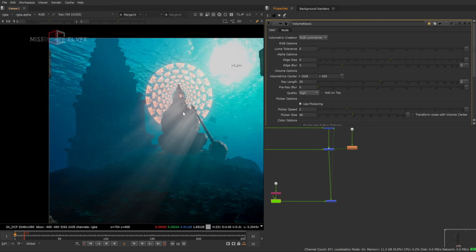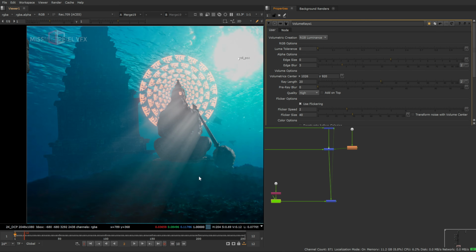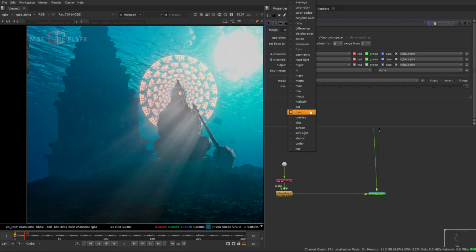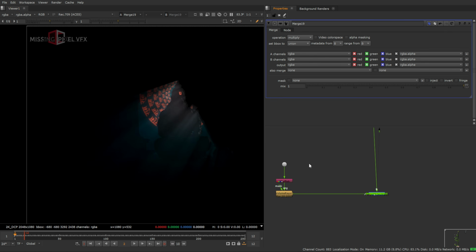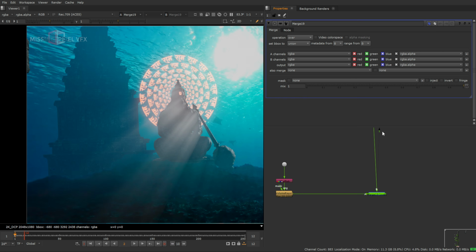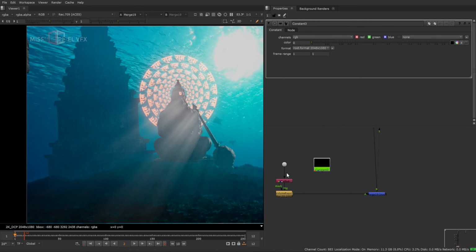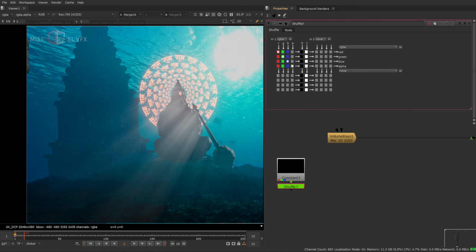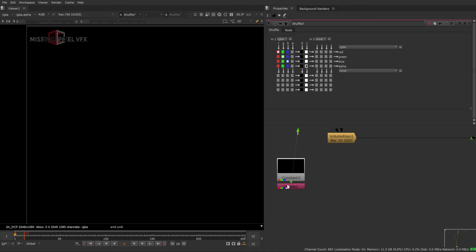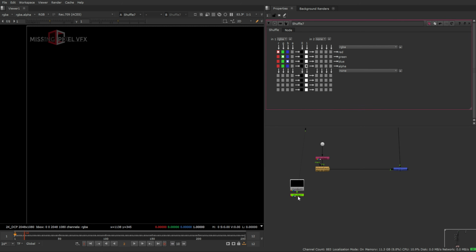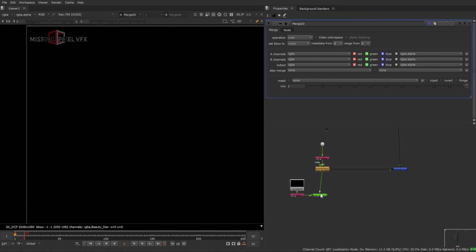So we read this. I don't want white rays, I want to make them darker. I can just multiply it, but it will look different, of course. If I do multiply, it only looks like that thing. There is one method I always follow. I'll take a Constant node. This might look tricky, but it is very straightforward. I'll take a Constant, and I'll also make it alpha. I'll take one more Constant, shuffle it and make it alpha. So we have this alpha in the black values, and I'll just mask it,